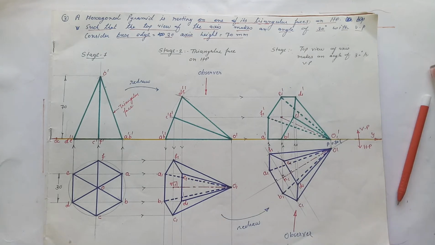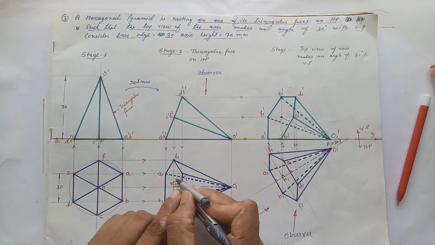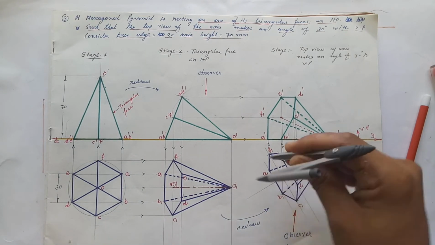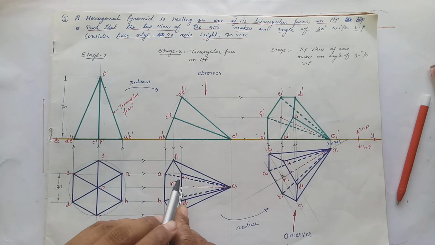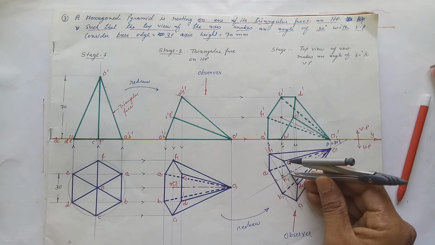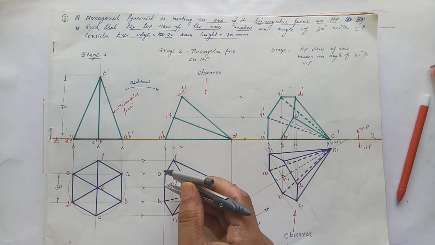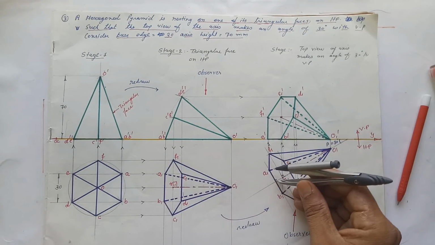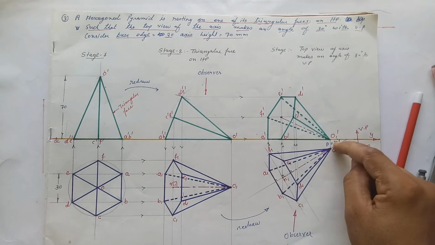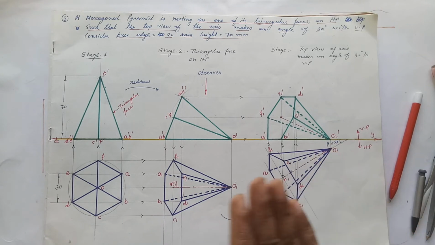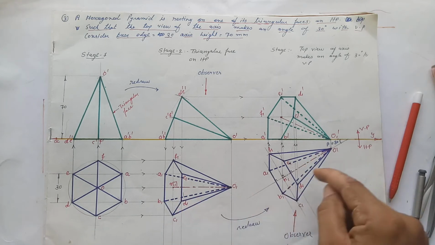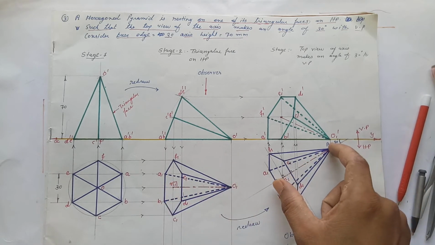After drawing this perpendicular line, now measure N to F and N to C. Mark N to F and N to C. Now measure from this point to E and D, and same for A and B. So mark these points A, B, C, D, E, F and O1, and copy this figure. The visible lines will remain visible and the hidden edges will remain hidden. So copy this figure by taking the plan of the axis inclined at an angle of 30 degree.